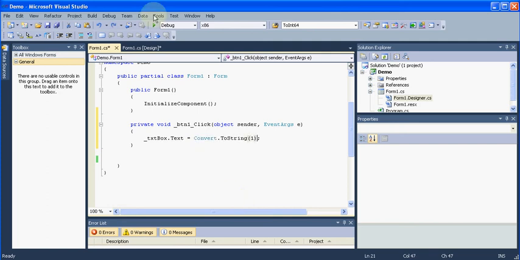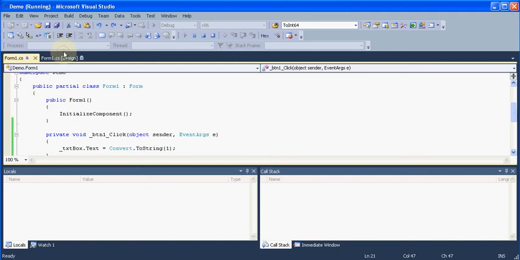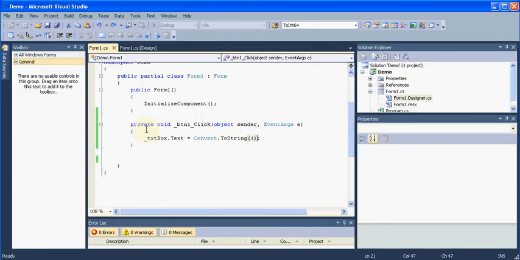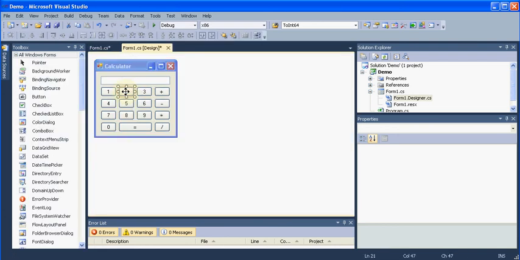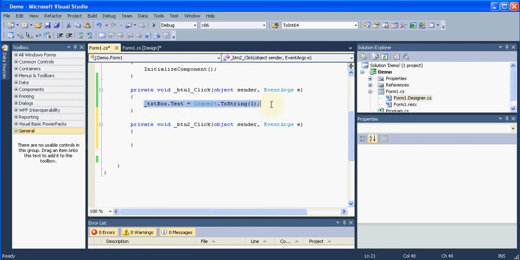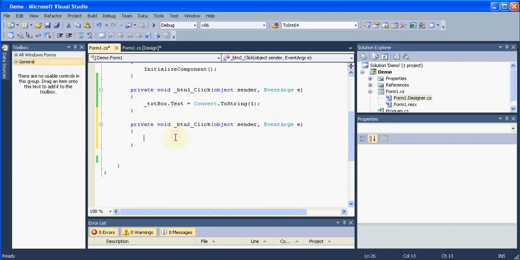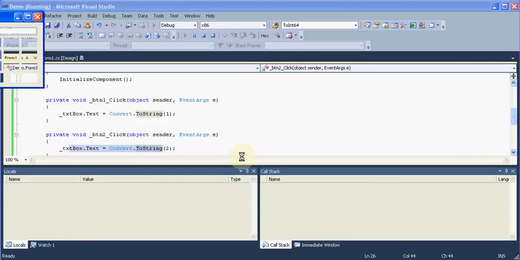Now if we run it, we'll just write it for one more button, and I will tell you what's the problem with this code. I will just copy it and write this over here, and it's the button number 2. So whenever this button is pressed, I want to show number 2 in the text box. Let me run it and show you a fault in our code.